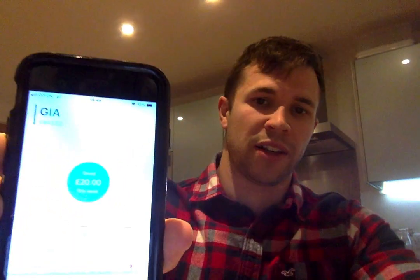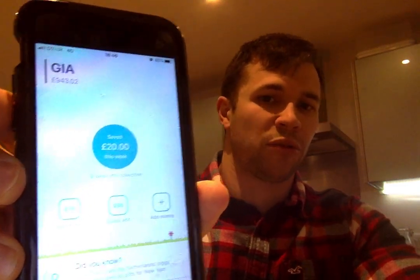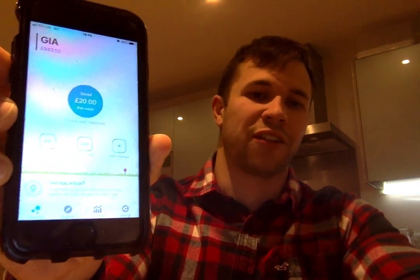the property ladder. Now, my account is a general investment account, so as you can see here, there's £943 in there. Then you've got your little options here and here to add extra money. They're going to advertise to try and get you to top up here and there. You can also, the app is quite hands-on. Rather, like if you watch my Scottish Friendly video,